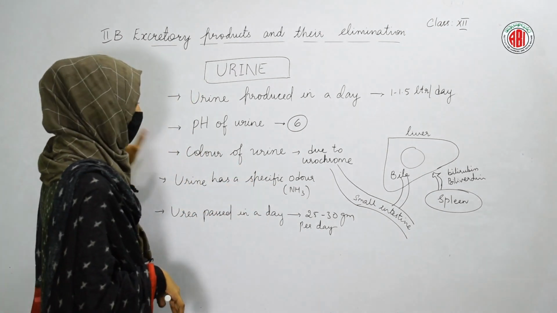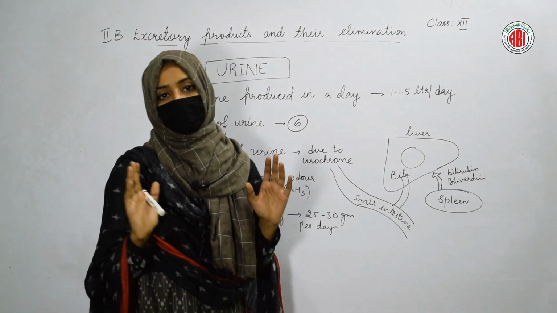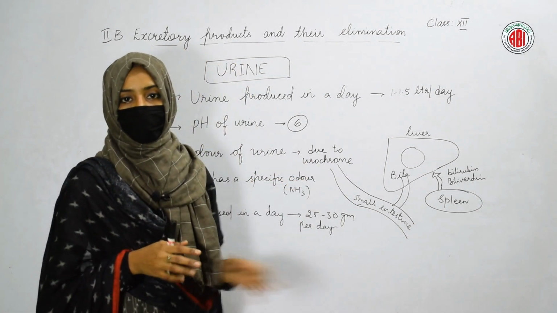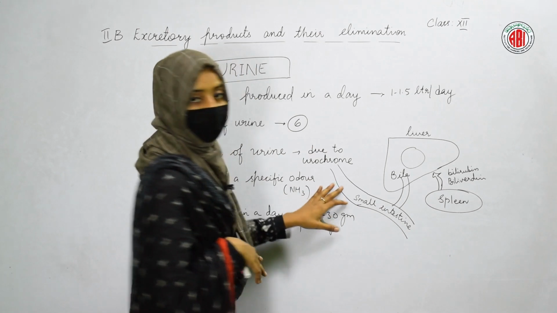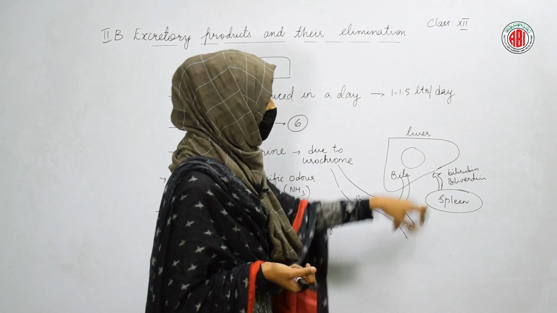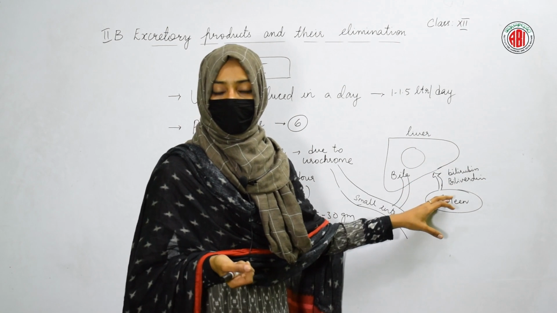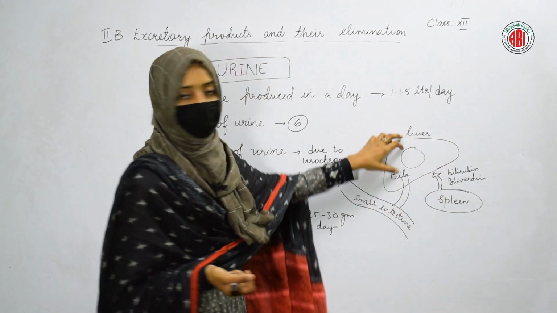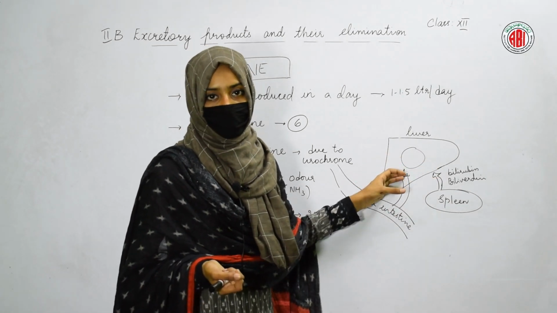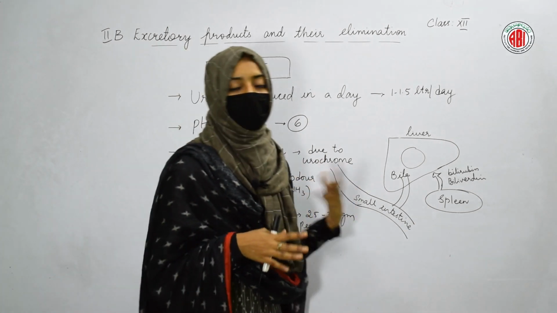The next one is color. The urine will be yellowish in color. This color is due to the presence of pigments like urochrome. Urochrome is formed from pigments that originate in the spleen. There, bilirubin and biliverdin are the two pigments that are formed. After the formation of these pigments, they are sent into the liver. These bilirubin and biliverdin pigments combine with the bile juice and help in giving the color to the bile juice.